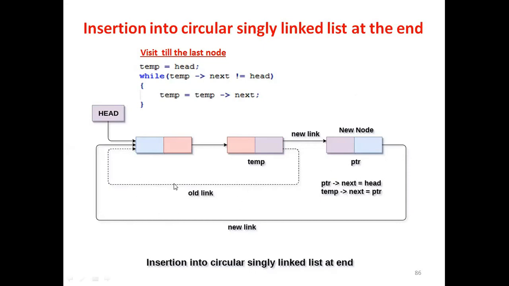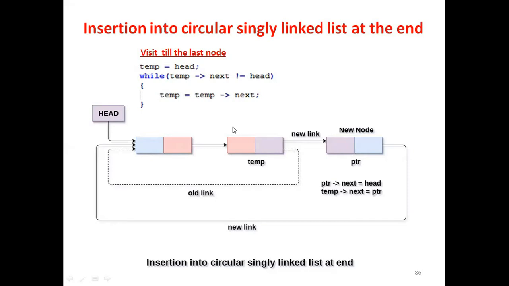Now you can see here, this is the diagram of a circular singly linked list, and originally it had two nodes, first node, second node, okay, and this was the last node. Now we are inserting a new node here at the end. So this is the node we are inserting at the end, okay. Now how to do that? Here we have to traverse the list starting from the first node, and we have to go to the last node, and then we can insert the new node, okay.